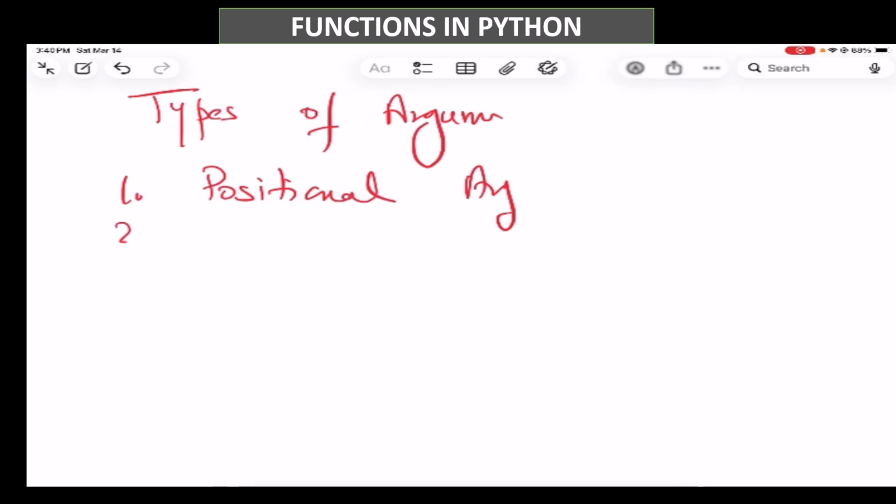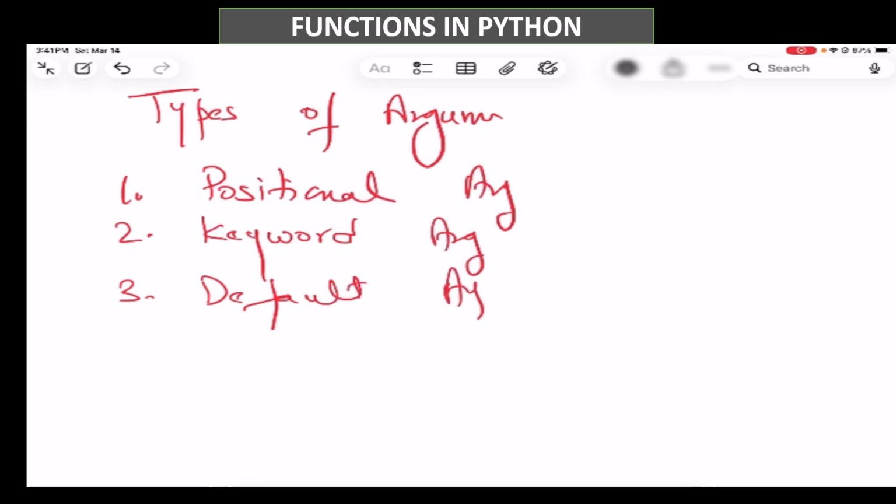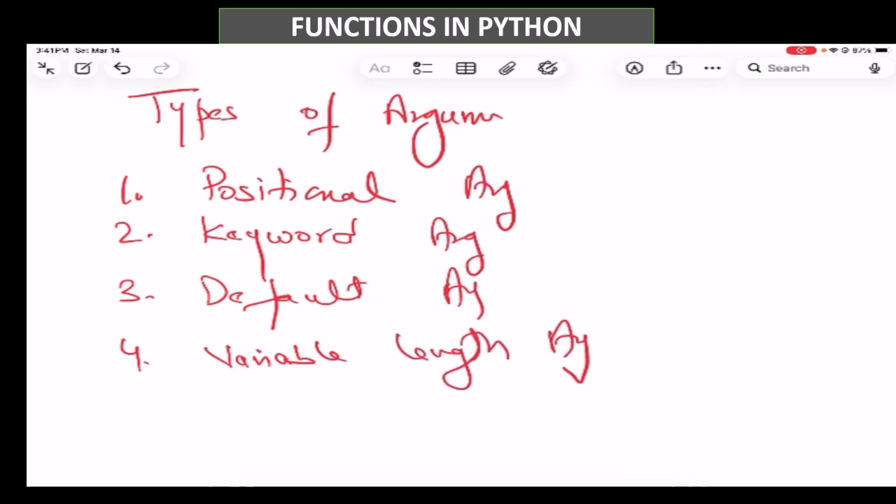The second one is keyword argument. Third is default. And the fourth one is variable length argument. I'll just take up each of them one by one, okay? So,